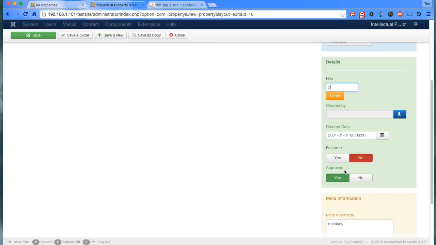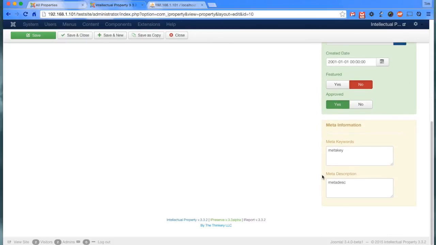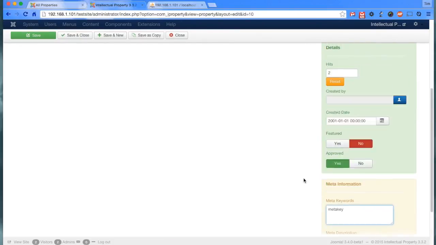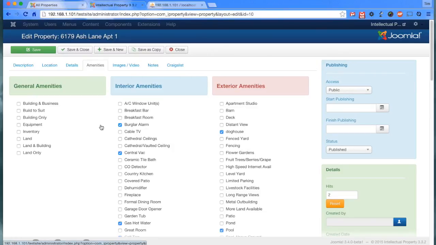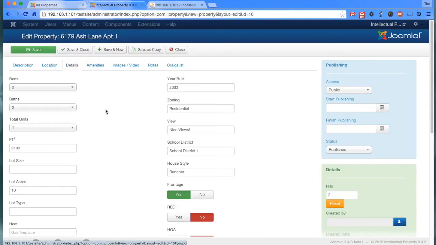This approval thing won't show up unless you're an administrator or a super agent. You can choose to use moderation in intellectual property, meaning that if a front-end agent submits a new property, it will not be published until an administrator approves it. I can set up keywords and descriptions on a per property basis, which is really cool if you want to do some in-depth SEO work. I can choose my amenities, set the property details,